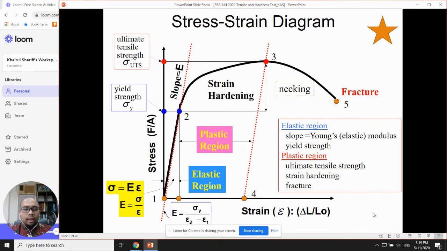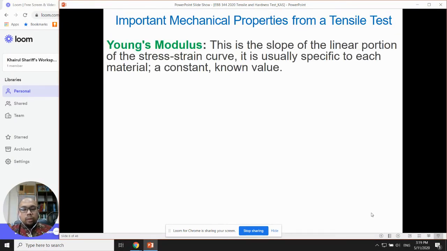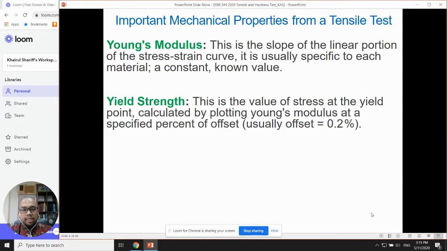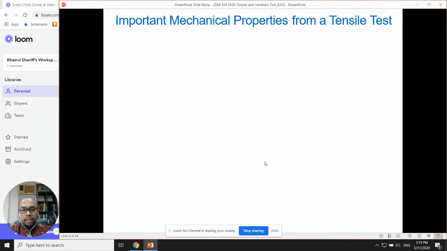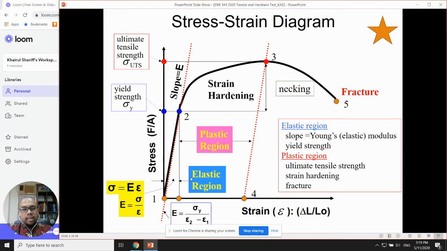This is a graph, and there is a lot of information that can be extracted from it. This one I don't want to explain more; you can read this kind of explanation. By the way, on this graph, let's say you have a new metal and you want to check the yield strength value for this new metal that you found. If you cannot get the yield strength value of that particular material, what you can do is, after you complete the measurement of the tensile test,